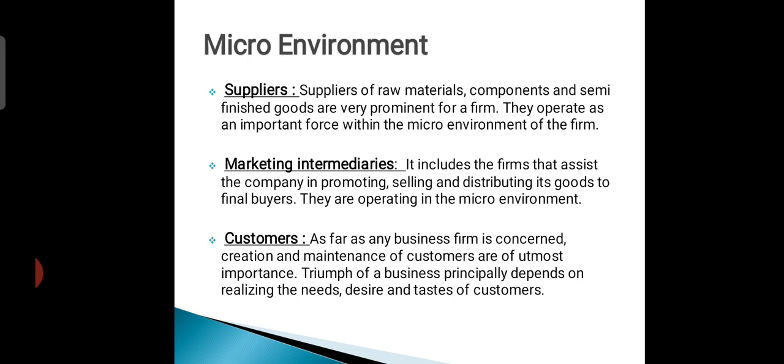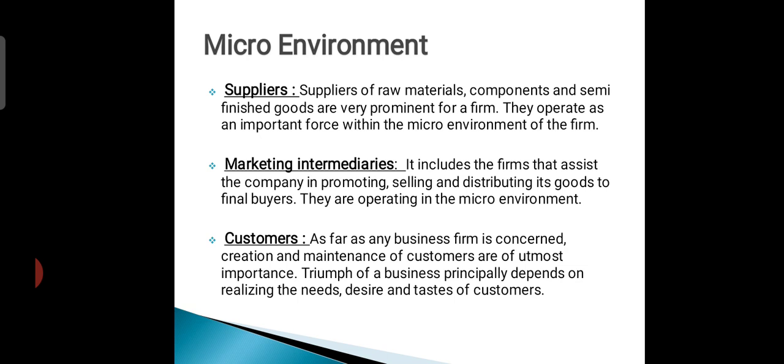First one is physical distribution agencies or firms. The main function of these intermediaries is that they will assist the company in stocking and moving goods from their origin to their destination. That is, they are helping our company move the goods from our origin to the destination. For example, warehouses and transportation firms are the best examples for that. So, physical distribution agencies are helping to move the goods from our company to the destination.